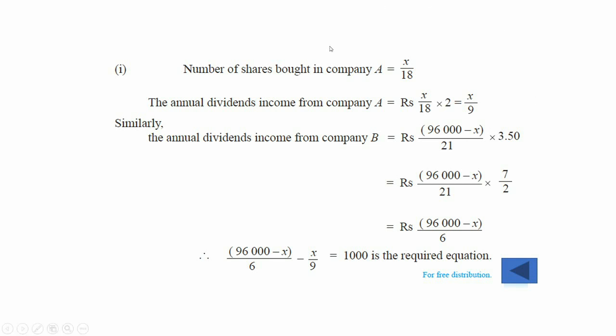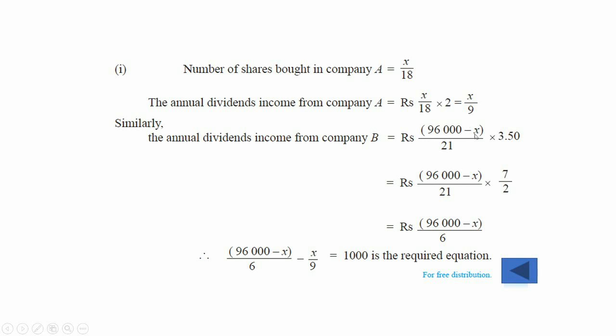Now you can see here, this is the number of shares. If you multiply the number of shares by the dividend per share, you get the total dividend income. This one is the total dividend income. Next, the annual dividend income of company B. What is the invested amount? If you invested X in company A,